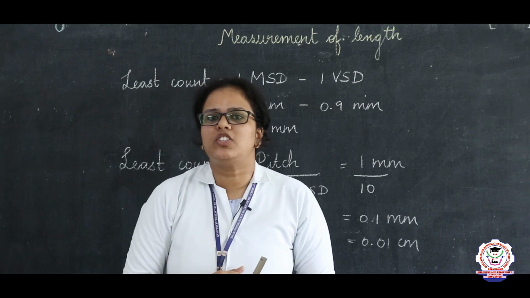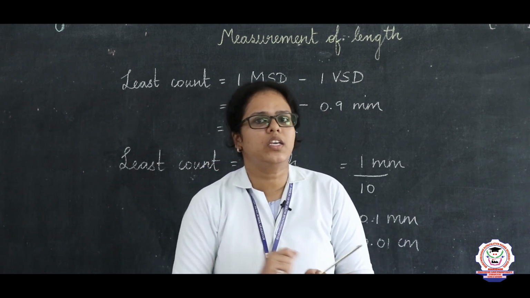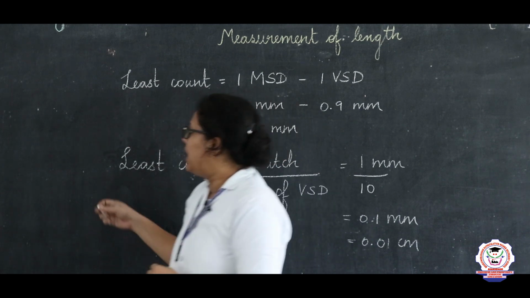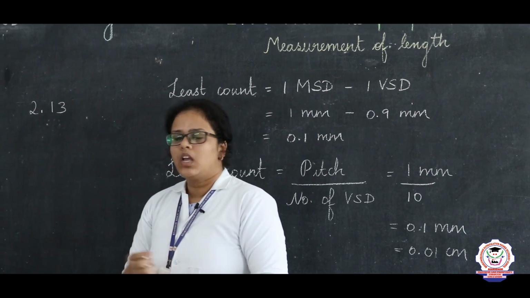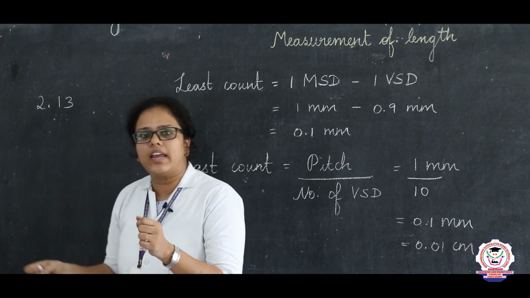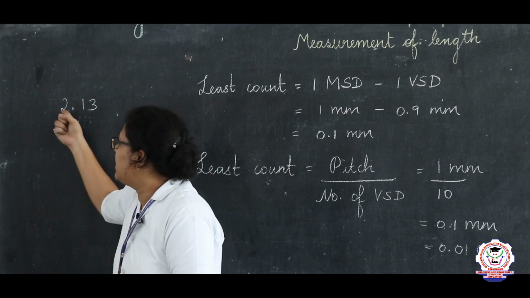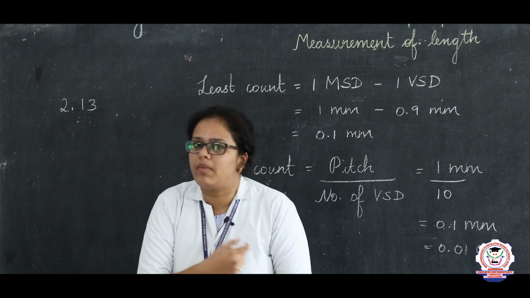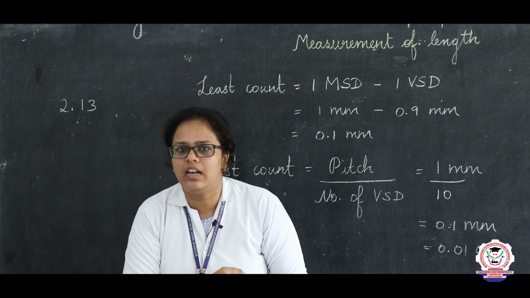Now, we will see how to measure the length of an object using this vernier caliper. Before calculating the length using a vernier caliper, just see a measurement recorded using a vernier caliper; it gives a result of 2.13. Here 2 is the main number, 1 is the first decimal place, and 3 is the second decimal place. The main scale of the vernier caliper gives the main number and the first decimal place, that is the 2 and 0.1 which we get from the main scale reading. And what about the second decimal place? It is obtained from the vernier scale divisions.